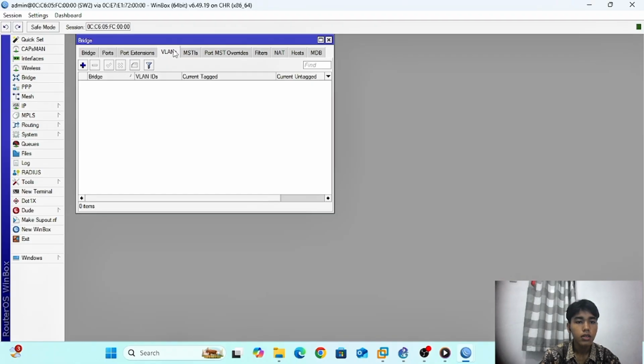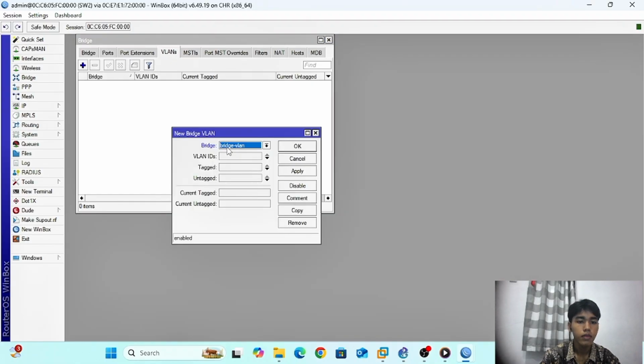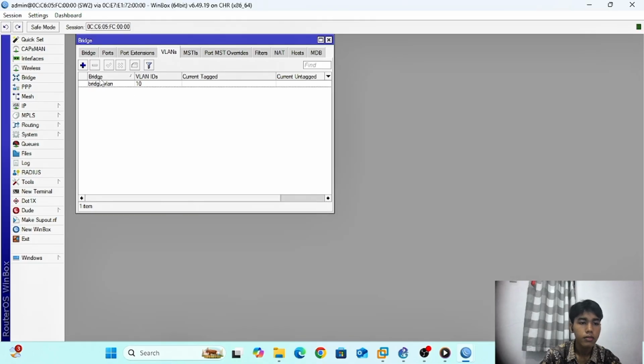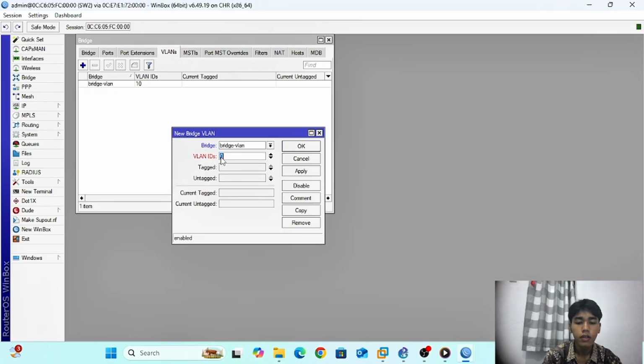Next, the VLAN tab. Add VLAN ID 10, trunk ether 1, untagged ether 2 and ether 3. Add VLAN 20, trunking ether 1, untagged ether 4 and ether 5.